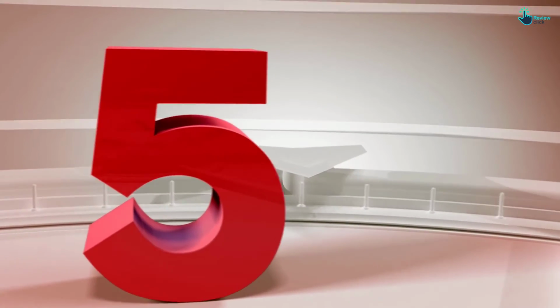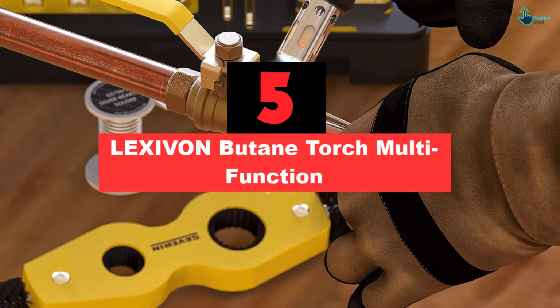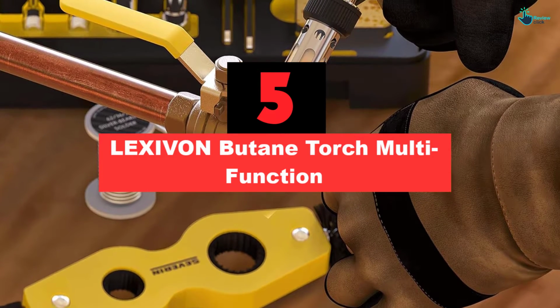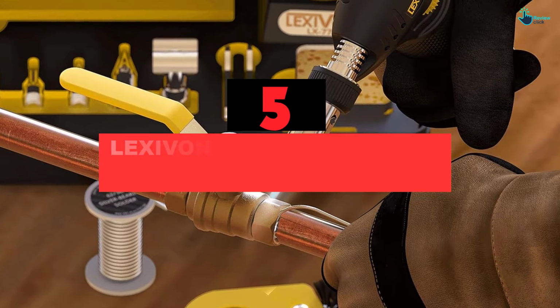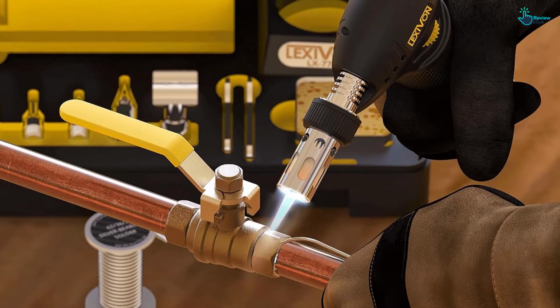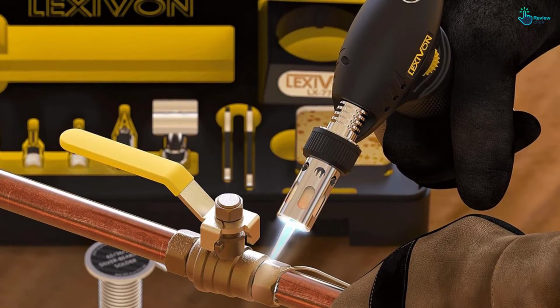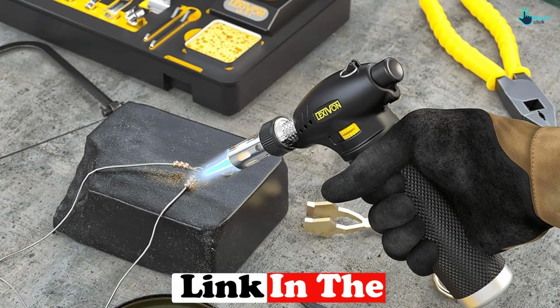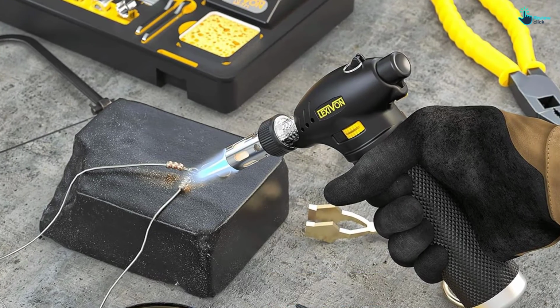Starting at number 5, we have the LEXI Butane Torch MultiFunction. For a well-constructed soldering torch, customers praise the LEXI Butane MultiFunction Torch for, among other things, having a reliable ignition. It reaches temperatures of 2,400 degrees Fahrenheit and can complete a variety of tasks, whether you want to solder copper